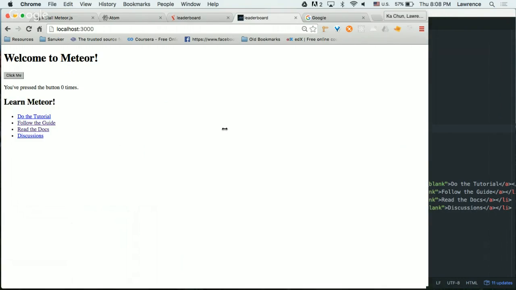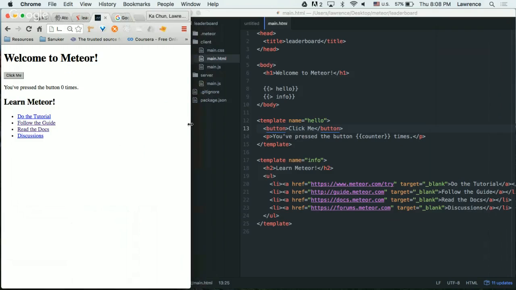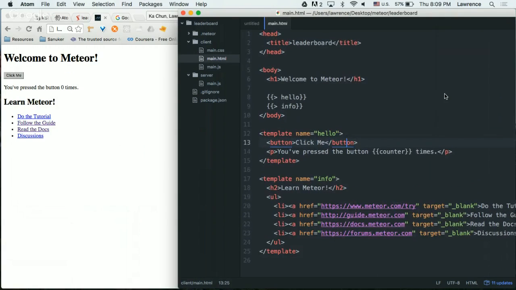So if everyone just opens the main.html, we're going to show you more about what you are actually looking at. So in here, you can see some kind of weird things. In HTML, we call these two angle brackets a tag, an HTML tag. A tag comes in pairs. So you have the head, and you can see that a pair is identified by the name of the tag and also a slash before it. That's the closing tag, we call it.